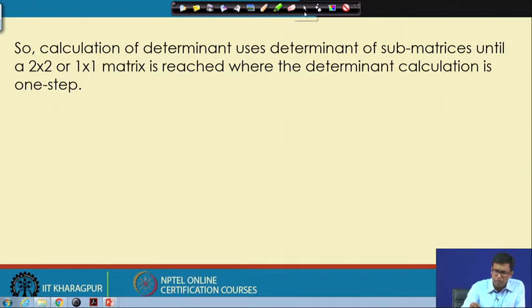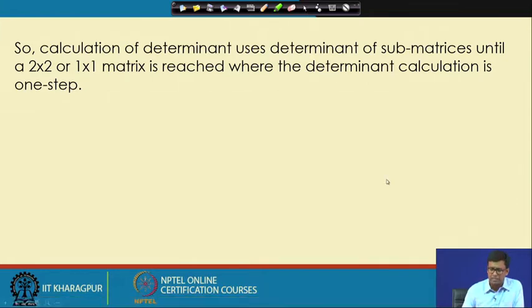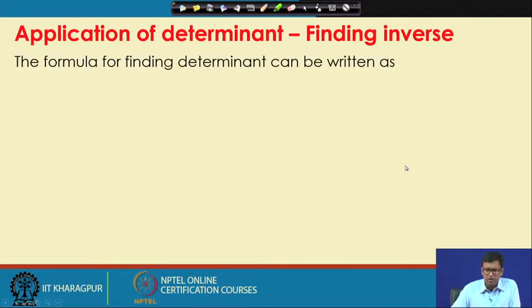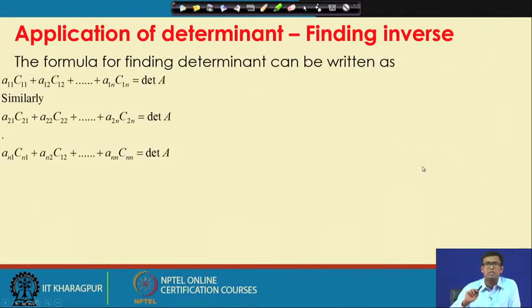Okay. Now, we will see some applications of these determinants, at least why this complicated calculation will be needed in certain cases, and one of those applications is finding an inverse. The formula for finding the determinant, which we discussed in the last slide, is that the element in one row multiplied by its cofactor, the next element in that row multiplied by its cofactor, and so on. For each row, I can get the same formula: the elements of the row multiplied by the cofactors